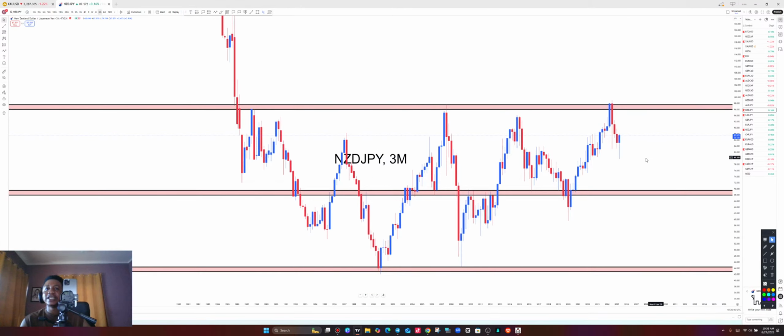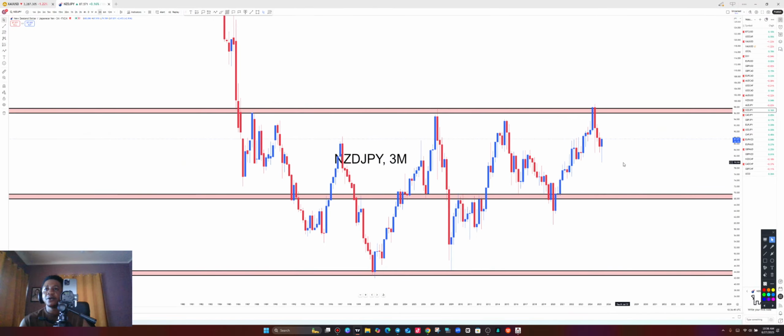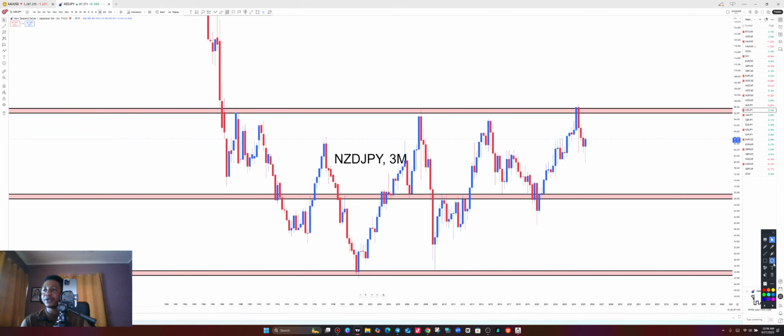All right, so this is NZD JPY on the 3 months time frame. What do we see here on the 3 months? We have the upper zone, the mid-range zone, and then the lower zone. Price has made contact with the resistance level of the 3 months time frame. It has seen sell pressure. But upon seeing sell pressure, it is also seeing buy pressure. Look at this. This is also a buy pressure. Price is forming what? A pin bar. So sell pressure from above, buy pressure from below. Which one should we take?